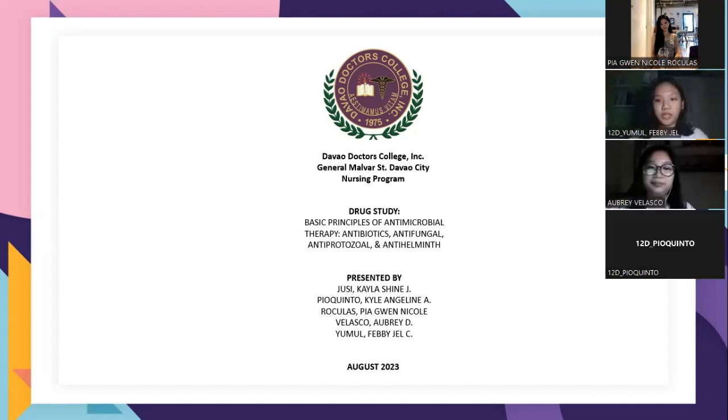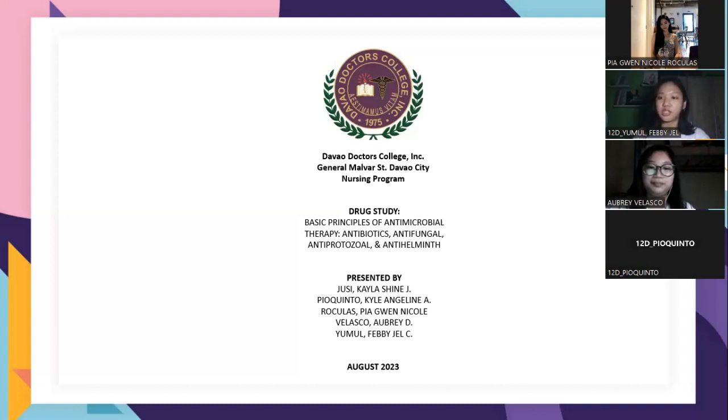So, antimicrobial agents are vital in modern medicine, addressing infections caused by bacteria, fungi, protozoa, and helminths. Understanding these agents is crucial for patient care and public health. This study focuses on antimicrobial principles, emphasizing antibiotics, antifungals, antiprotozoals, and antihelmintics. Infectious diseases are a global concern, driving antimicrobial therapy's importance. Drugs target microorganisms with diverse